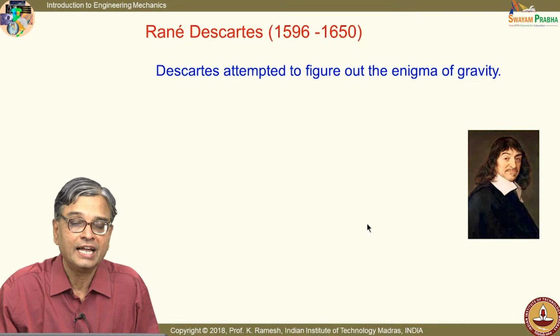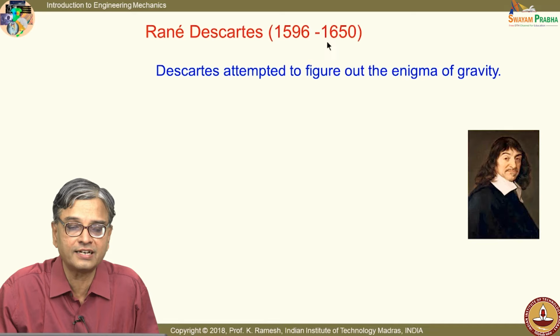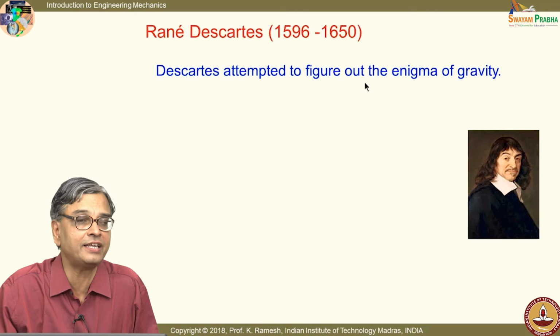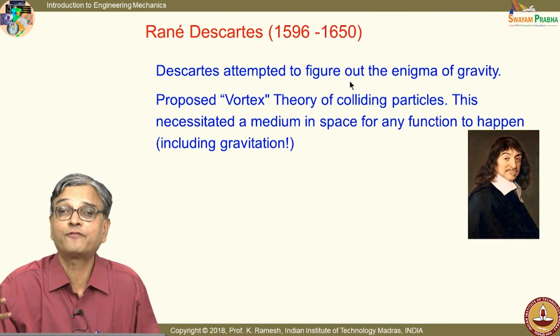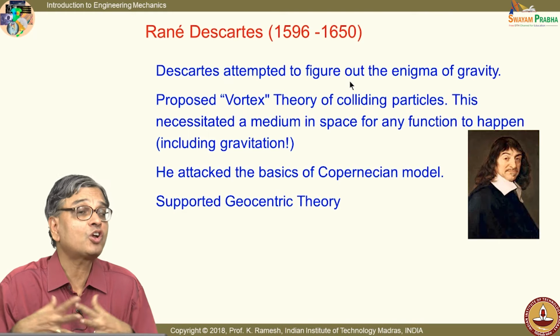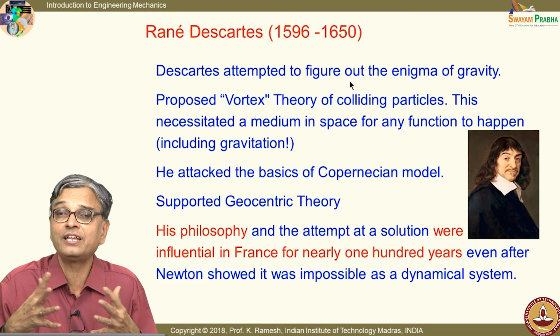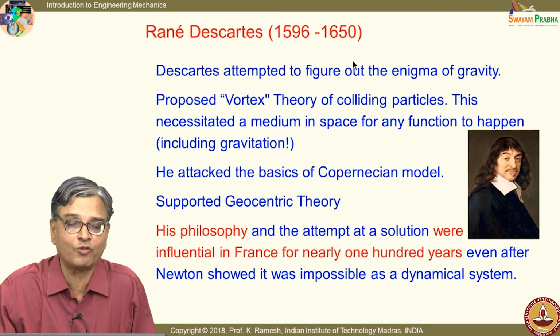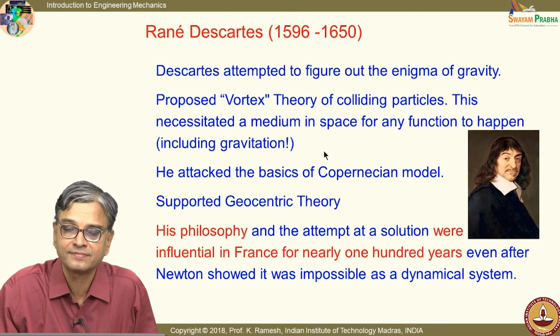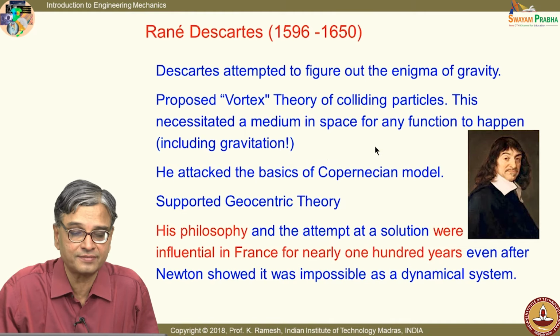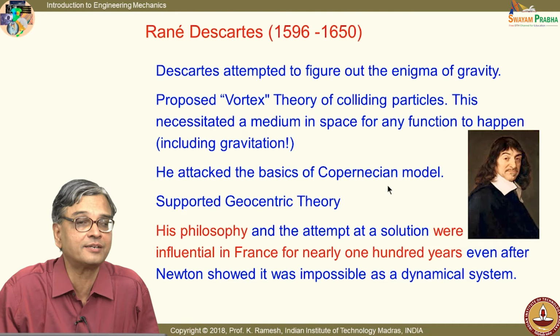Okay. And you had Rene Descartes between 1596 and 1650. He attempted to figure out the enigma of gravity, because this is a force without contact. So, he was accustomed only to contact. So, he proposed a vortex theory of colliding particles. So, this required a medium in space, which is not possible,